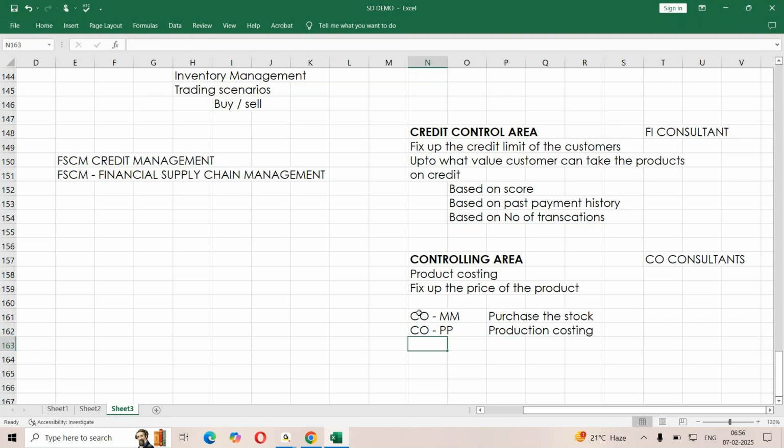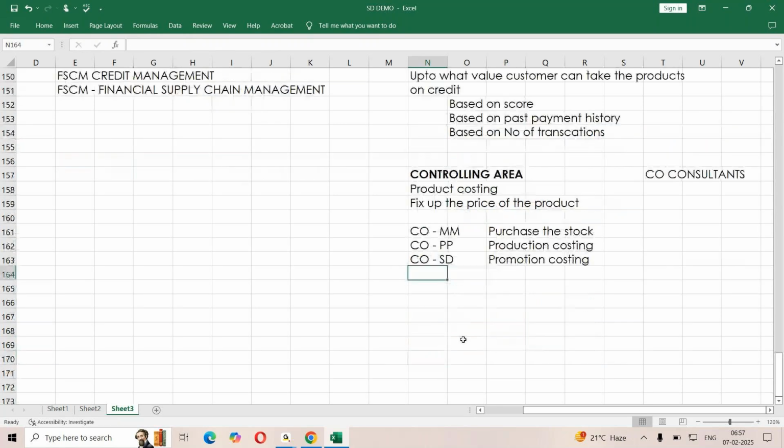Then they work out with SD the cost involved in promoting the product. They take all these parameters into consideration and try to fix the price.